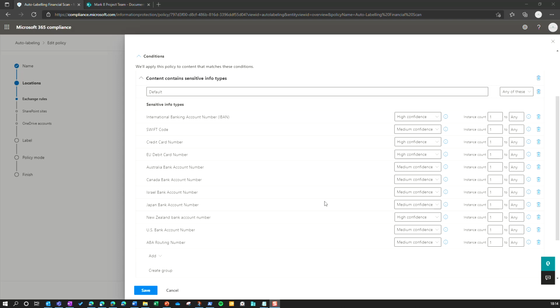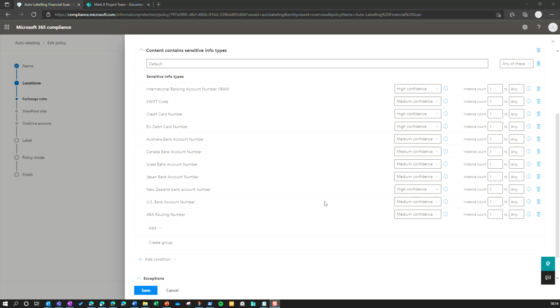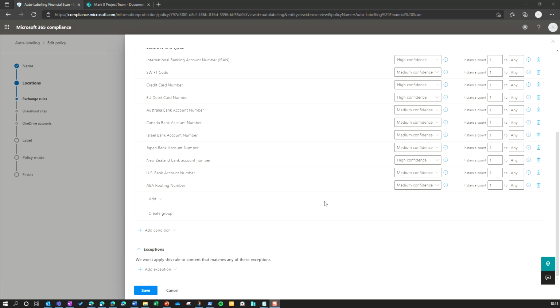Now, because this is service-side, as it stated before, this runs from a service-side perspective in the applications themselves. So you can actually use this particular rule to do a data discovery also. Going through these rules from Exchange, SharePoint, and OneDrive, it can give you that data discovery, that data landscape of where all your financial services information is. Then you can take an assessment of that. And if it's in the wrong location from a SharePoint perspective, or you see you have highly classified financial services data on OneDrive, you can actually take that action to put it into the relevant places,